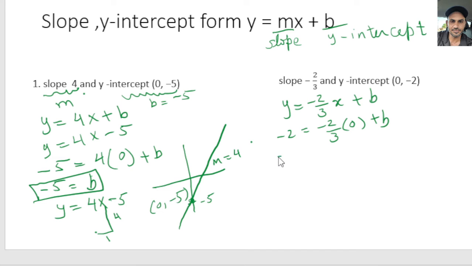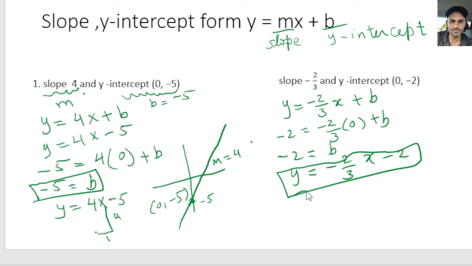So we have -2 equals, this is 0, and so equals b. So b equals -2, and then we make a substitution here: y equals -2/3 x minus 2. So